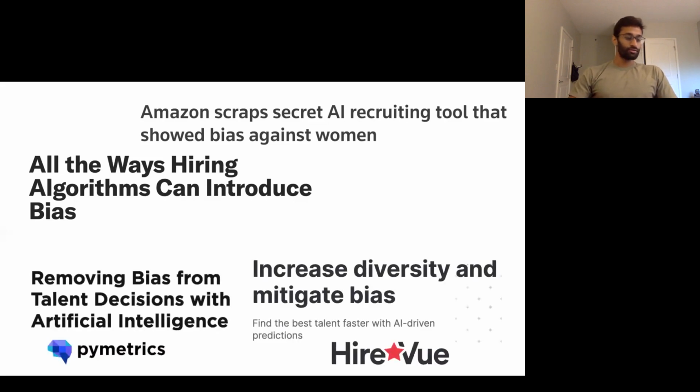But actually, when you look a little deeper into the people who are building these hiring algorithms, they want you to think the opposite. So these are statements from companies or articles written by companies who produce these hiring algorithms. And their claim is something like, by using machine learning and AI, we can make unbiased, data-driven, objective decisions. And this somehow removes the bias that is in the world and increases the diversity in your choices and mitigates your bias.